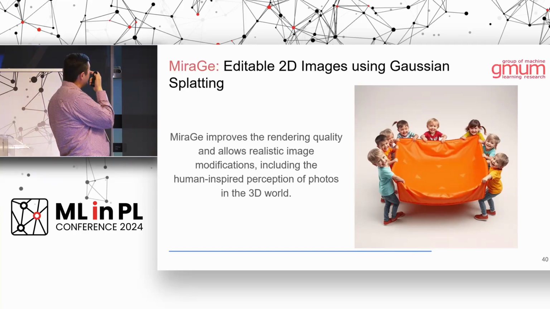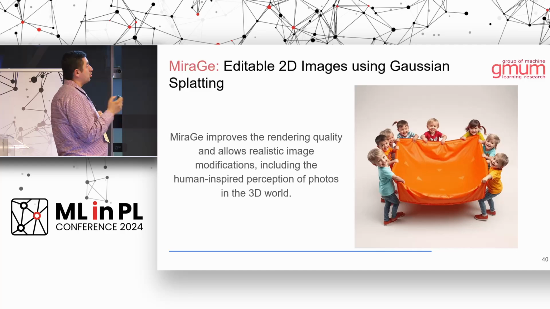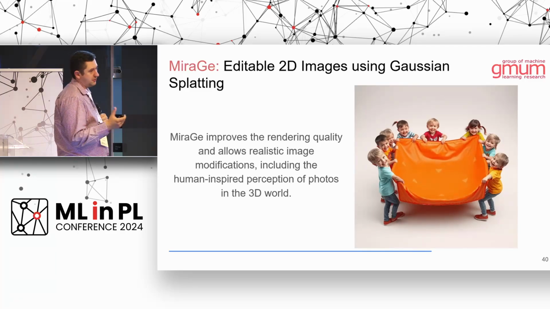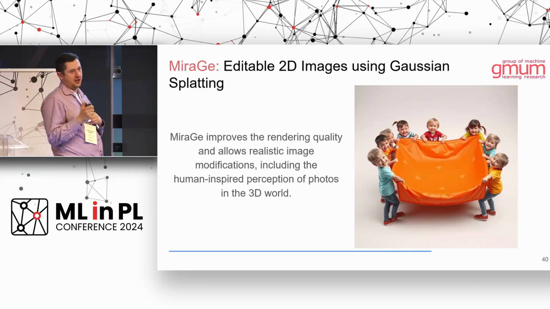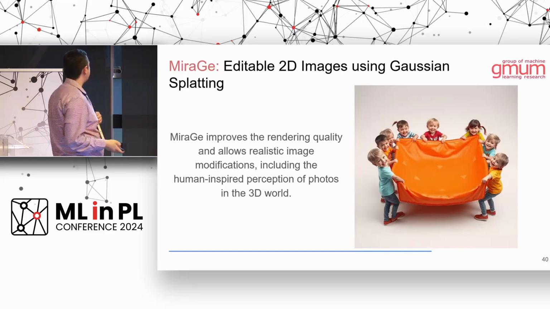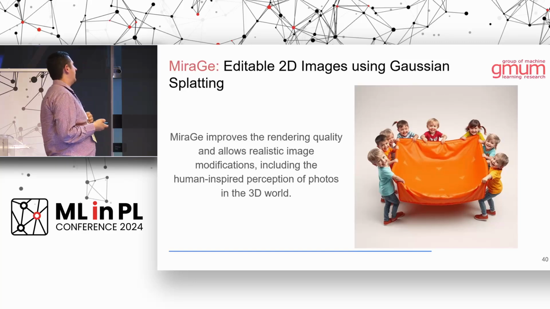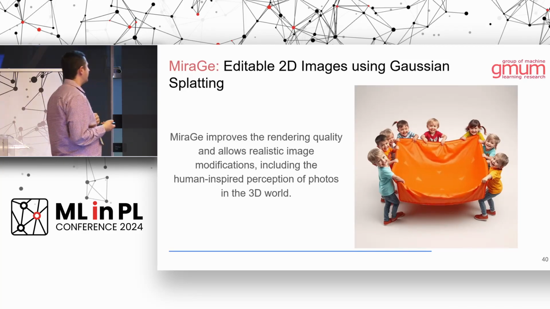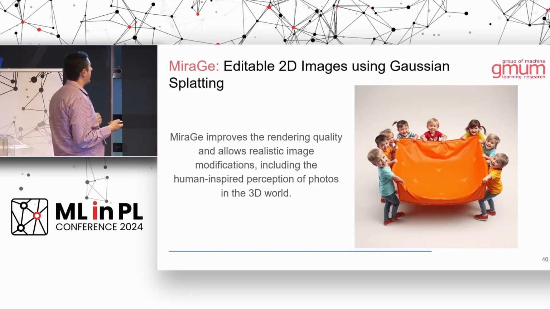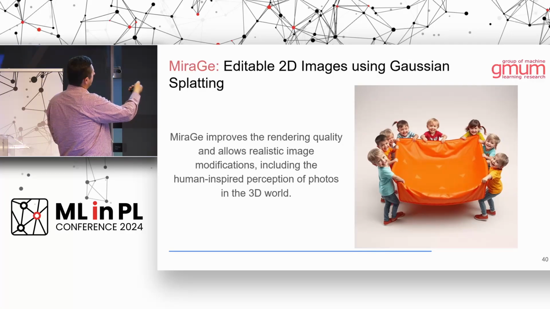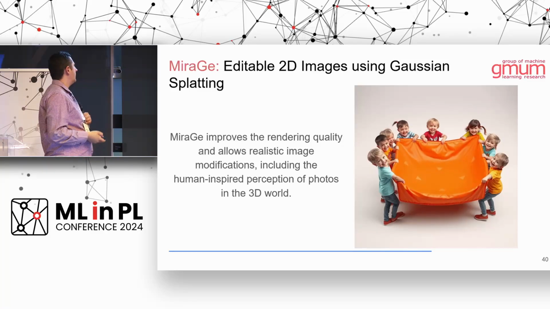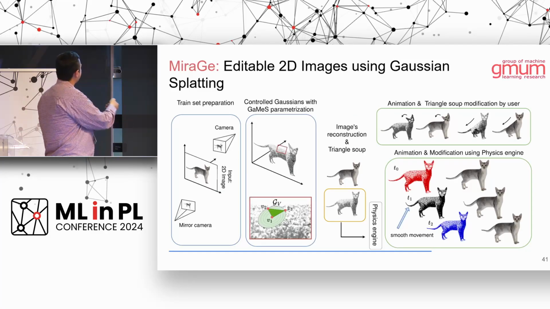started thinking that maybe it is possible to combine it with a 2D image. So at the input to the model, we have only one image, and we don't have any set of images, and our goal is to modify an image. So we decided that 3D Gaussians can be dedicated to a single image and can inherit easy modification. And the model is trained in this way that when we have a single image, we put two